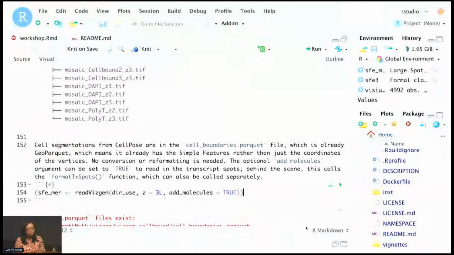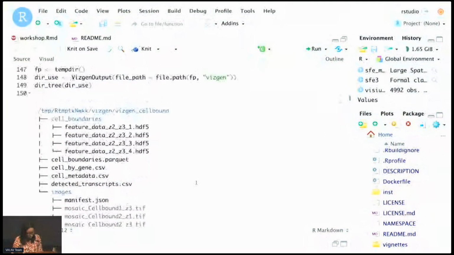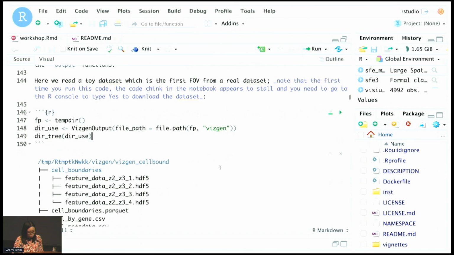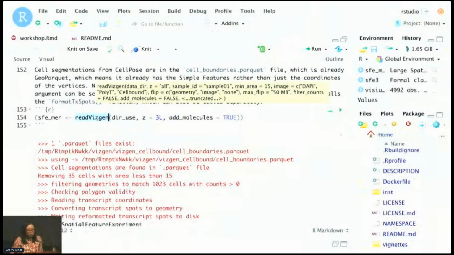Excellent. So first question: as you've pointed out, these technologies are quite new, and output structures, as you show here in this tree, as well as formats, change frequently. How do you deal with that for your functions? I think it depends on the technology. For Visium, it's pretty stable. But for VisGen, there are different versions, so internally the read VisGen function will try to determine which version it is and deal with the different scenarios. Okay, so how often do you end up updating your functions? I'll also update the function.